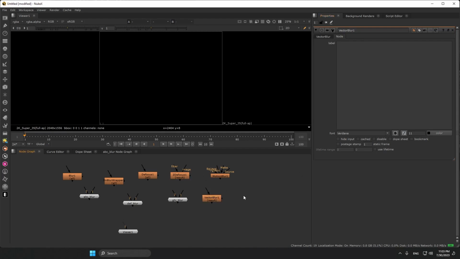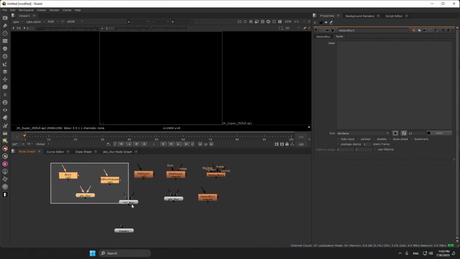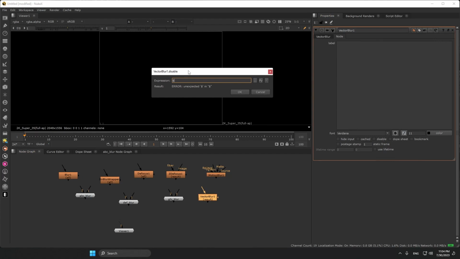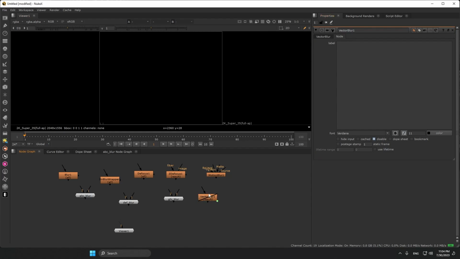There is one more way where you can disable only for the view and you can enable it while rendering. Means you can bypass these nodes by adding a simple expression, add expression, that is $GUI. Click OK, and now this node is bypassed in your view, and this will only be enabled at the time of render. And if you want to do it for all, then